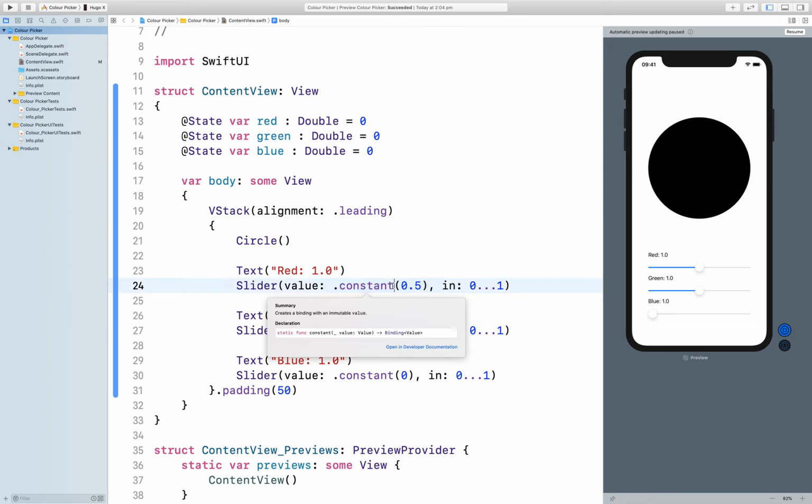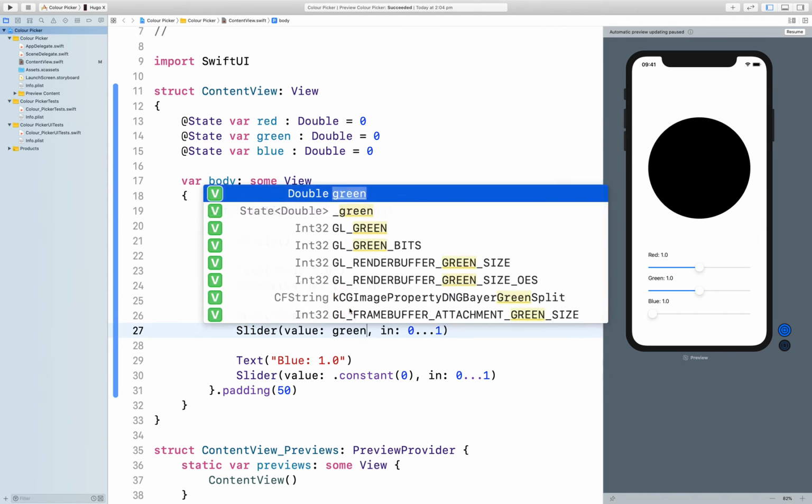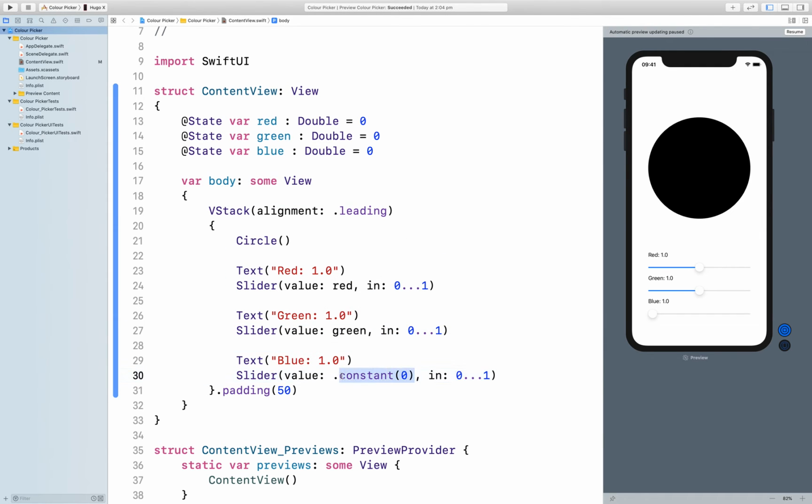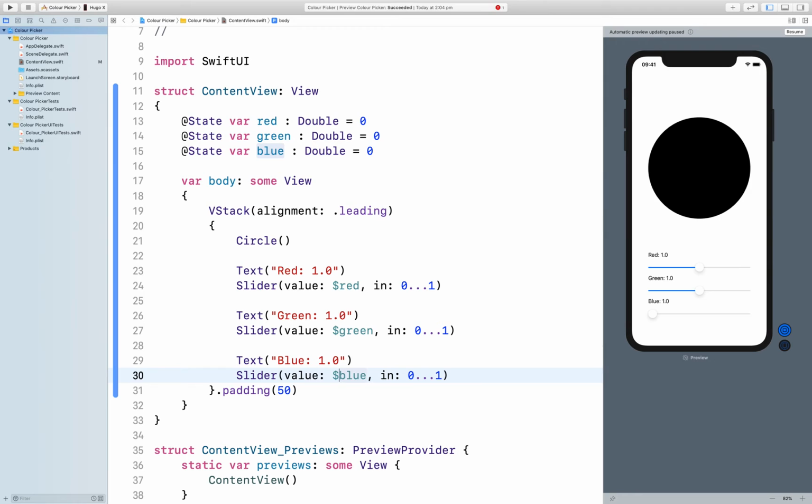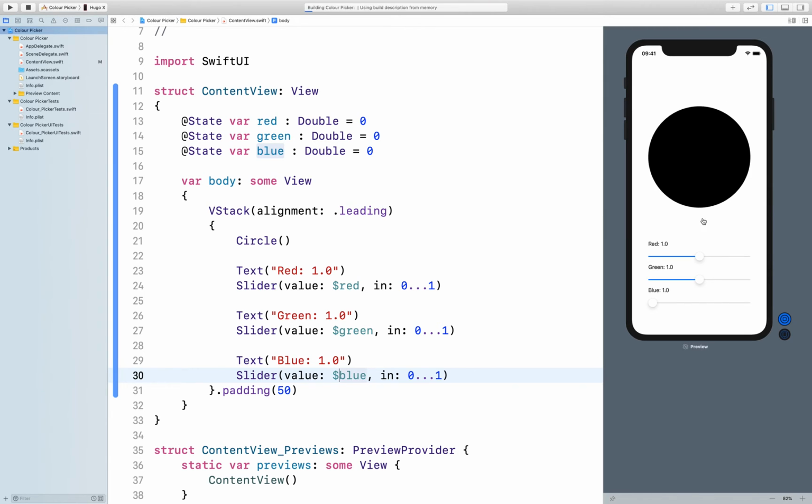Red, green, and blue. Now this will return an error. That's because the slider is trying to change the value of red. As a result, we need to put a $ sign in front of red, green, and blue, because these values will change with the slider. So as we preview our application again,